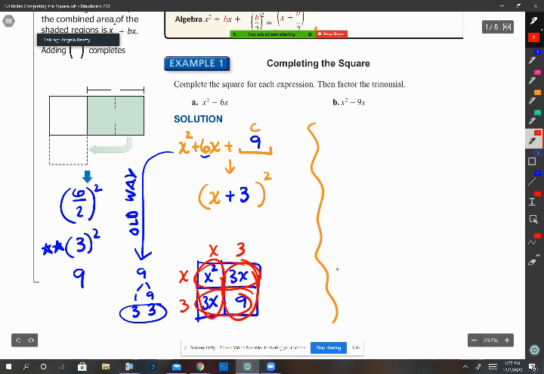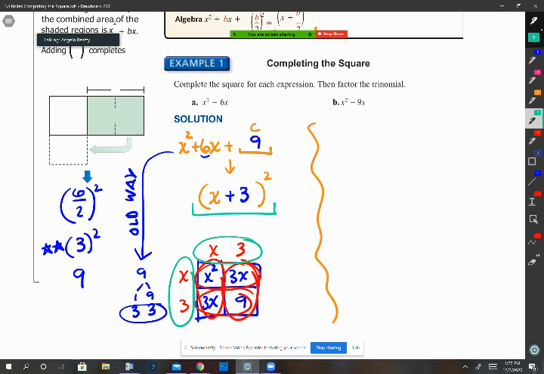Okay? And then notice that along this side, you have x plus 3, and along the top, you have x plus 3, which means you have 2 of them, which is the same thing as this. So the only thing that I'm saying is instead of having to factor the old-fashioned way every single time with a box, if you're completing the square, you get to do it quicker. All right? And in this case, it's a perfect scenario because everything came out nice. Does anybody have any questions on that? You can do the old way, but I'm just going to recommend if you can do it the faster way,